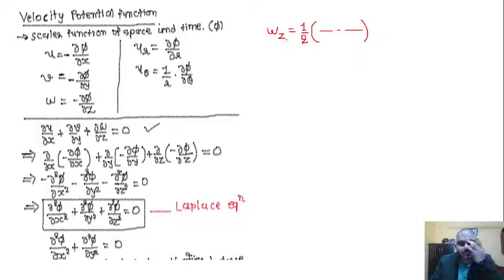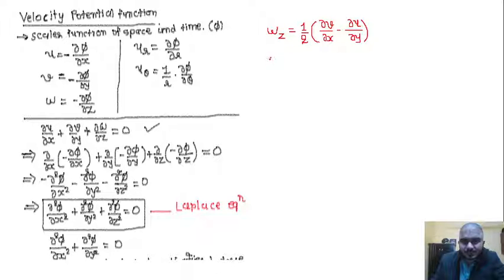here the velocity component is in z direction. So here we will have del x, and here we will have differentiation with respect to y, that is del y, and the velocity component will be perpendicular to it. So here we will have del v and del u. So this is called the rotational component in z direction.